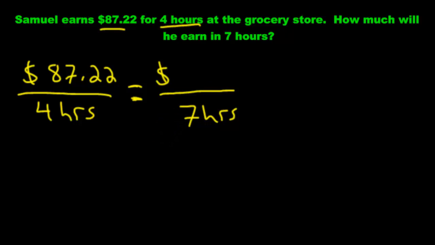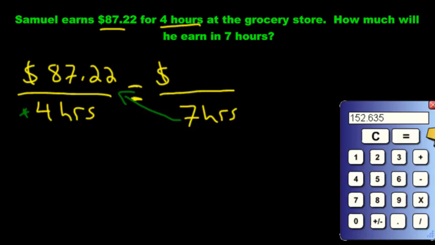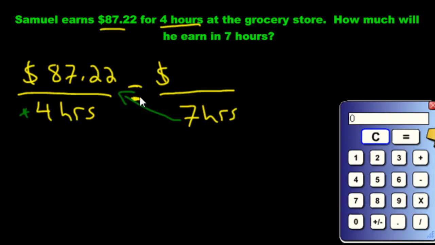We cross multiply. You always go at an angle, diagonal. Cross multiply the numbers that are diagonal to each other and then divide by the leftover number, which is right there. To do that, we're going to use our calculator, just because we've worked so hard without one, now let's use it. We're going to take 7, punch 7, times 87.22, equals 610. Now we're going to divide by the 4. Divide by 4 equals